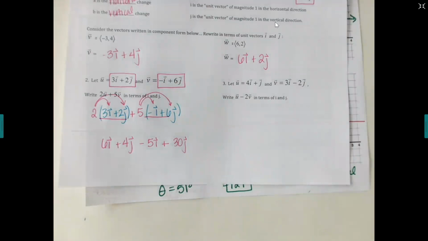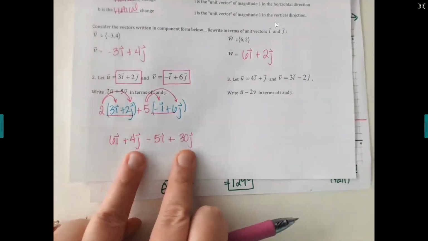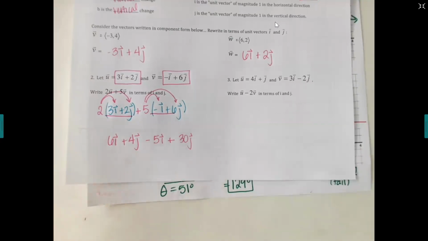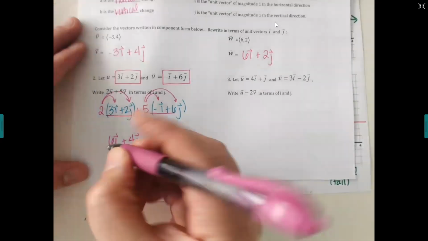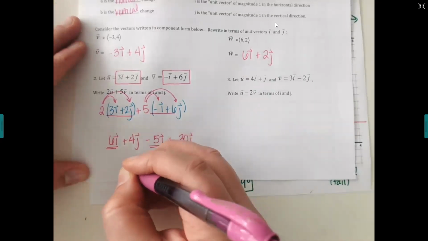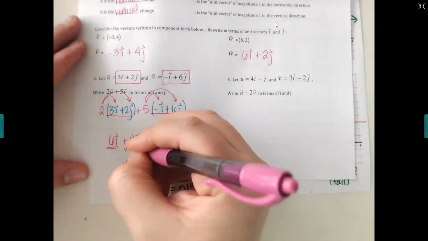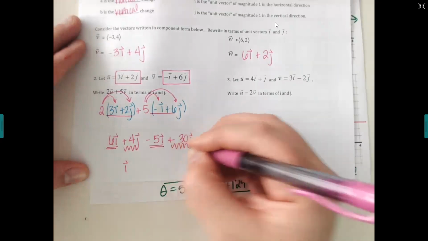Okay, then from here, now it just looks like algebra that you can only combine like terms, but guess what the like terms are? They're the 2 i's. And then you can only put like terms together, so guess what else you can put together? The 2 j's. So this is just a more algebraic version of vectors, but it's the same thing. So my 6i and my minus 5i give me 1i left over. If you want to put the 1, you can, but you don't have to. And then my 4j plus my 30j gives me